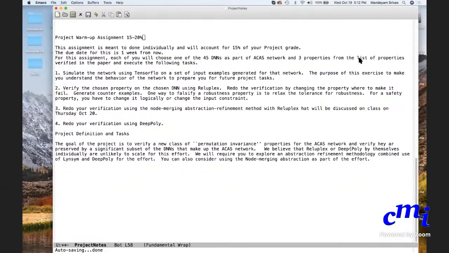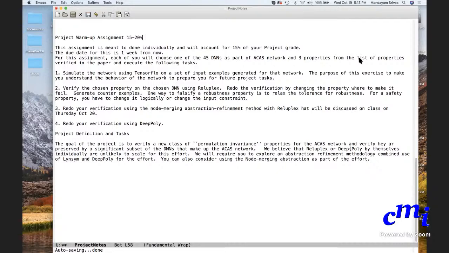No, all of the ACAS properties are kind of like safety properties. They don't have robustness properties. In this list of 10, there are no robustness properties as such. Does it even make sense? It might, but usually robustness properties are with respect to some candidate inputs or all inputs that the network was trained on, and those are not available here.